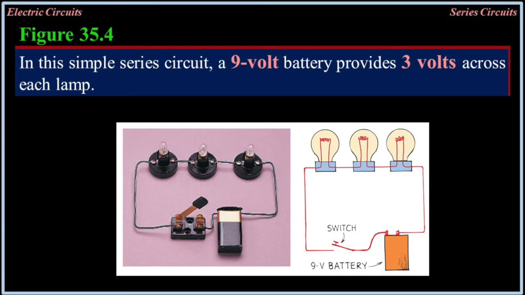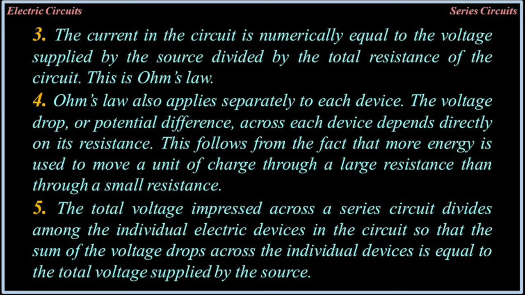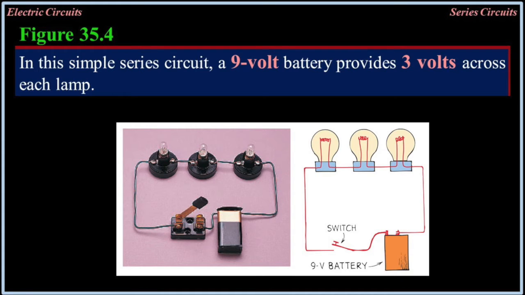This current is resisted by the resistance of the first device, the resistance of the second, and the third also, so that the total resistance to the current in the circuit is the sum of the individual resistances along the circuit path. 3. The current in the circuit is numerically equal to the voltage supplied by the source divided by